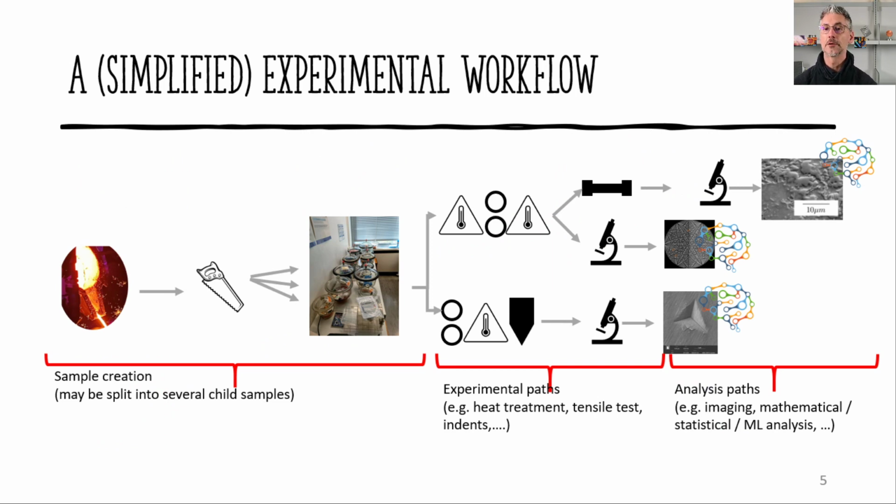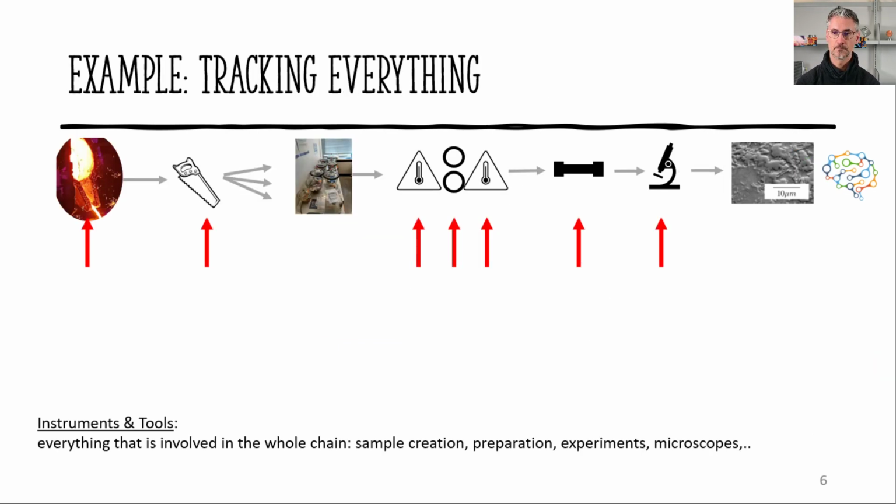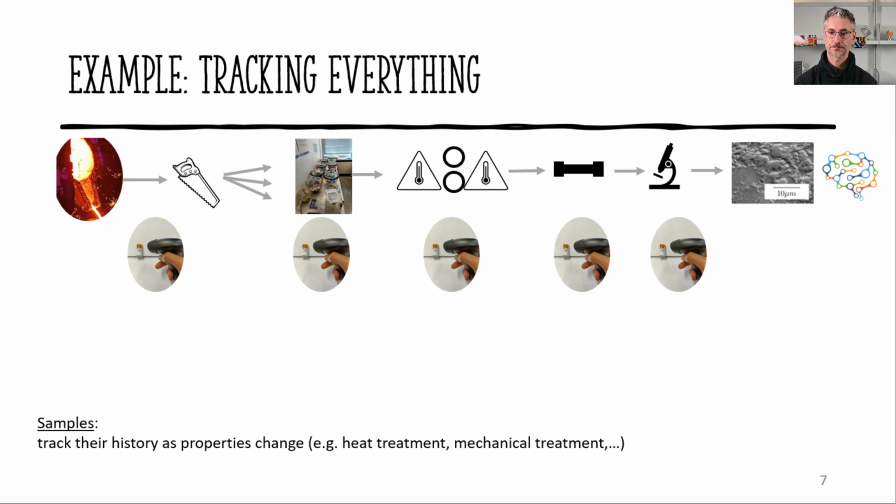You can, for example, think of a simplified experimental workflow. If we have a physical sample, we create the sample and maybe split it into subsamples, and then the sample may be subject to different treatments and preparations before finally we analyze the sample and use some machine learning in the process as well. So here we track everything, right? For example, we track which instruments and tools are involved at which stage of our workflow. We track the samples along the chain,